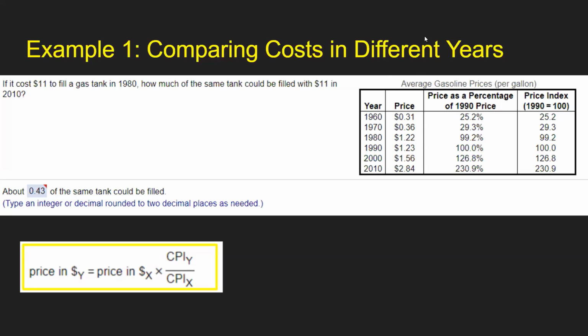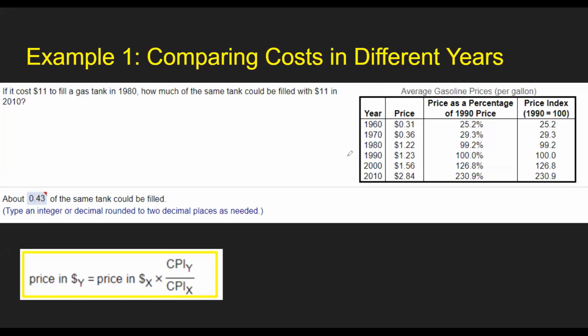Over on the right-hand corner, I'm going to annotate this chart a little. Focused up here, you'll be given maybe some reference years. So we have reference years, prices here. And so we'll look at the title. These are average gasoline prices per gallon for different years. And then it says price as a percentage of 1990 price. So it looks like our